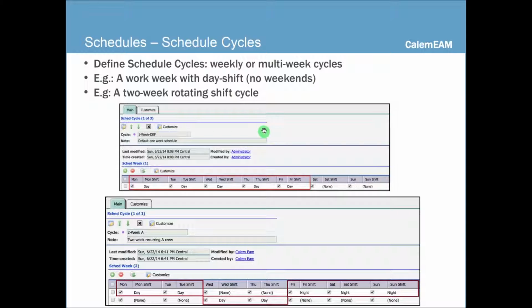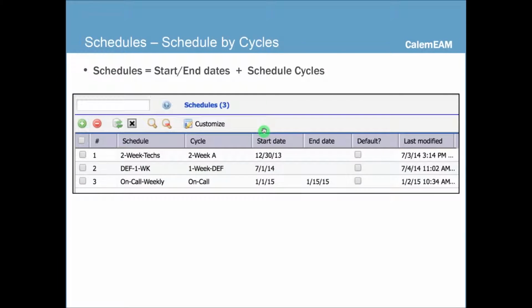Once a schedule cycle is defined, you can then set start and end dates to make your schedules. For instance, we have this schedule starting from December 30th and it just keeps going on without a stopping point. Mostly it's the cycles with a start and end date,